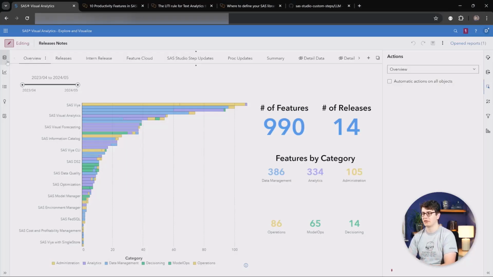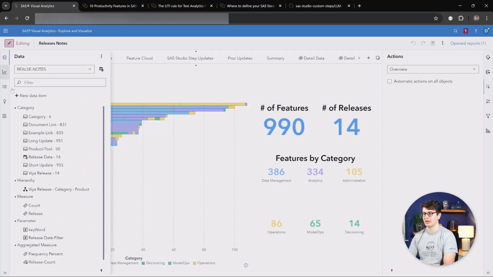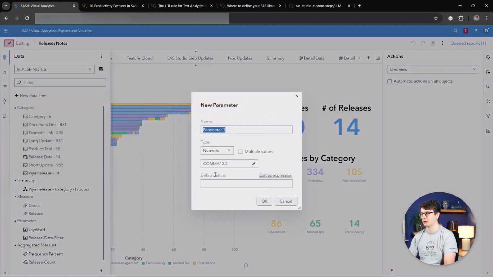Here we are inside of SAS Visual Analytics, where we have a big update to how parameters can be used. For that, we're going into the data pane, go to new data item and parameter. You can see there has been a big change on how parameters look and how you can define them. For example, you no longer need to add a minimum or maximum value for a numeric or date-based parameter. And also you can see next to our default value, we now have the ability to edit it as an